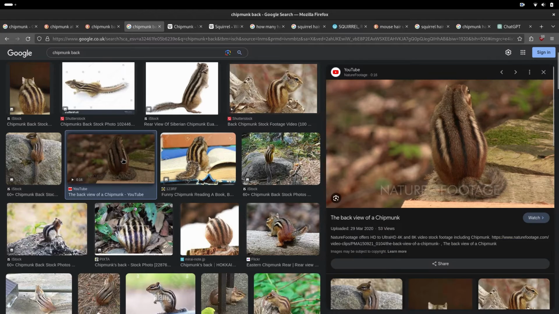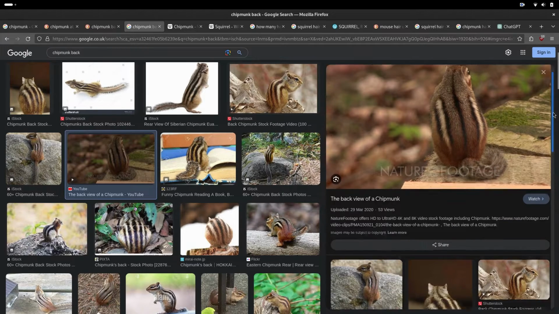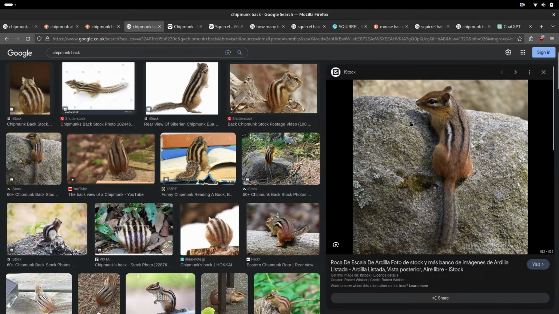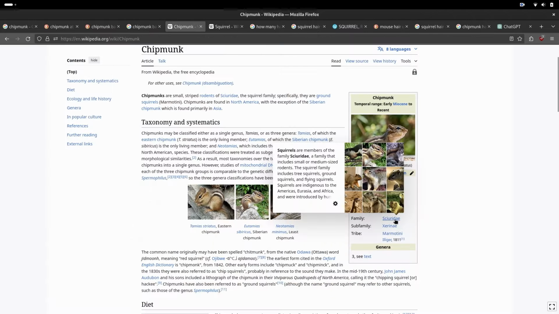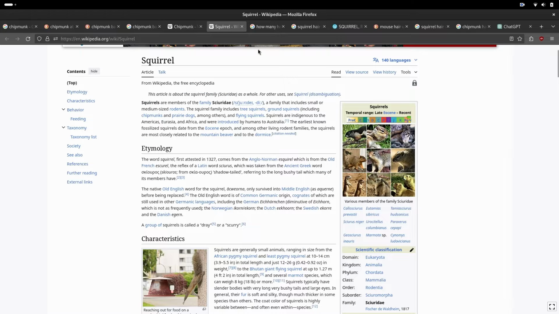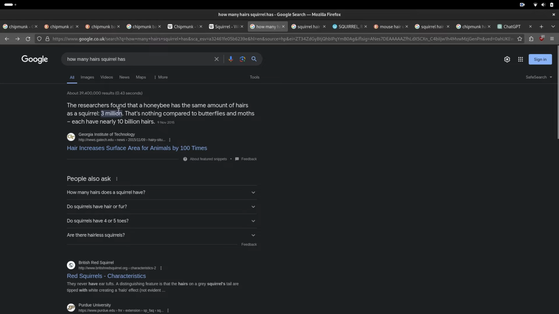After gathering images of the back pattern and high-res images, we want to find out as much as we can about hair structure. The first thing we see here is that the chipmunk belongs to the family of squirrels. It's very hard to find chipmunk information, that's why we are looking at squirrels. How many hairs can a squirrel have? It's around 3 million. That's important when we deal with the groom because we want to have the same density,